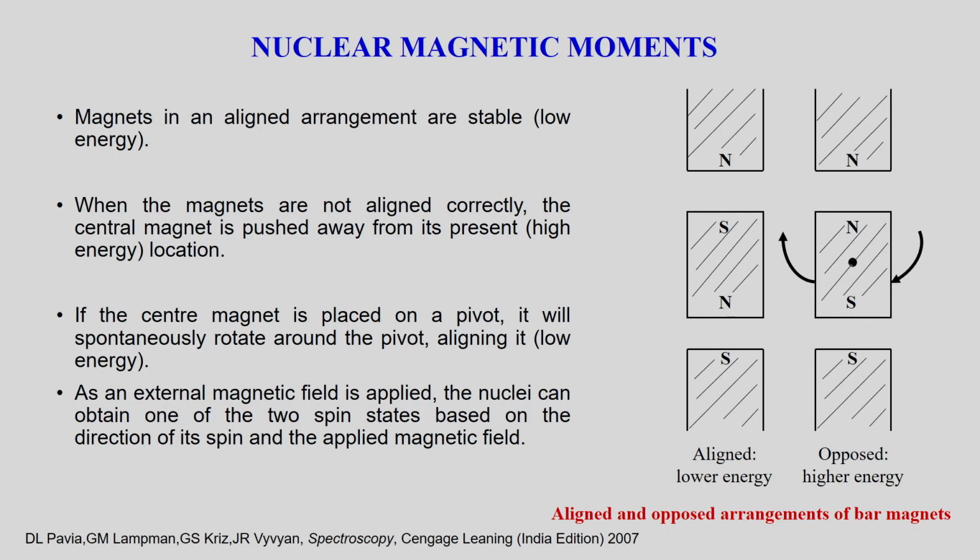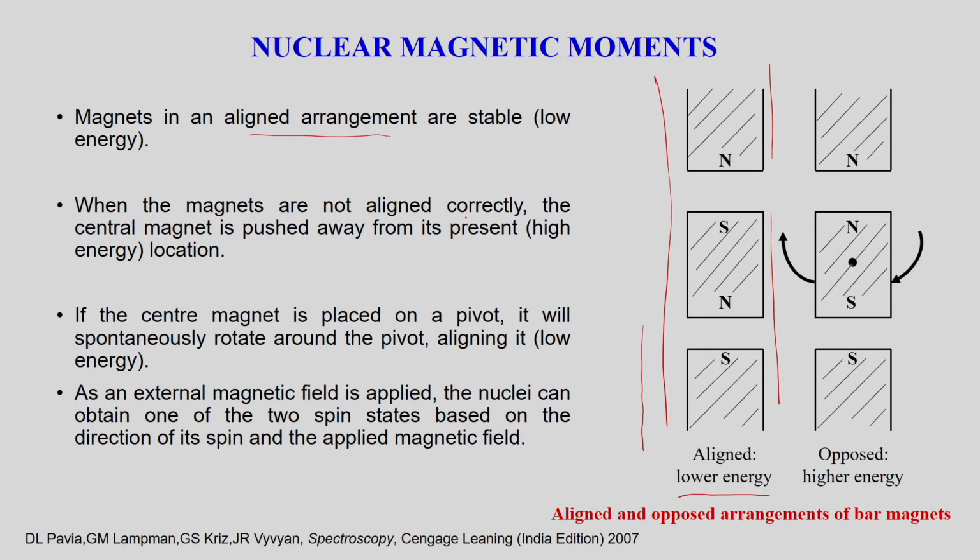Now, physically, what does that mean? What does it mean that it is opposing the field or aligning with the field? Can we say something about it? For example, look at this particular figure or schematic. Here all the magnets are in an aligned arrangement initially. On the left hand side, north is pointing to south and again north is pointing to south; these are aligned. So, it is lower energy.